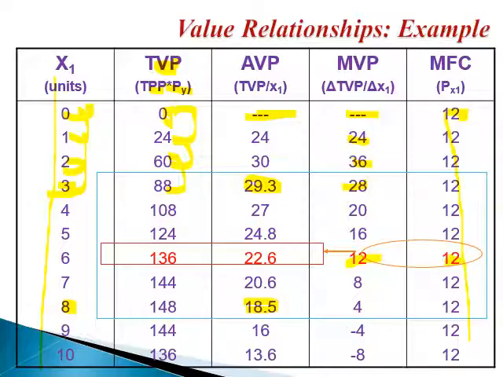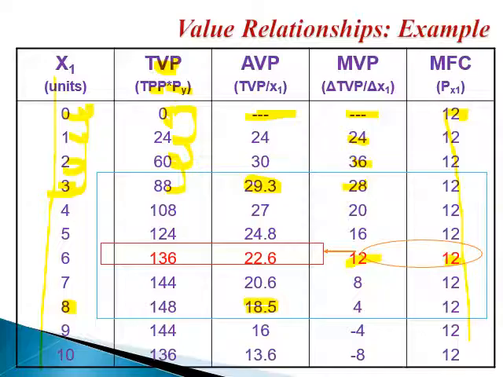And sometimes, remember, in reality you can say that the net returns maximizing level of output is somewhere between 5 and 6 or 6 and 7. It happens also in reality. But here in that example, because it is a simple example, if you want to maximize your net returns, then you should use 6 units of X1. Remember, I told you that stage 2 is the rational stage, the economic stage, the stage where you do the thinking, where you decide how much of X1 you will use if you want to maximize your net returns.